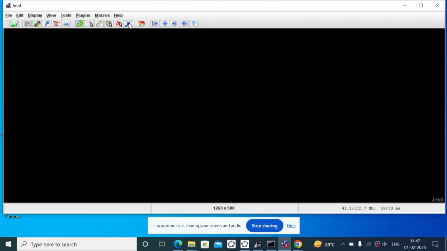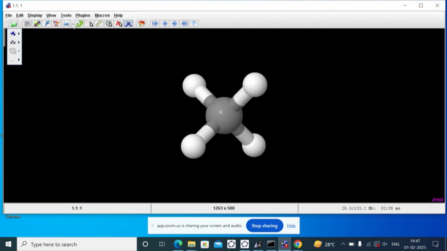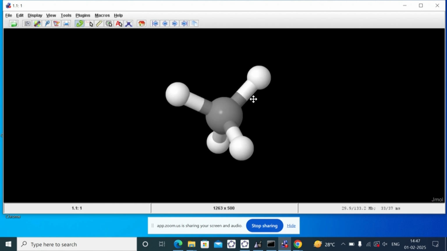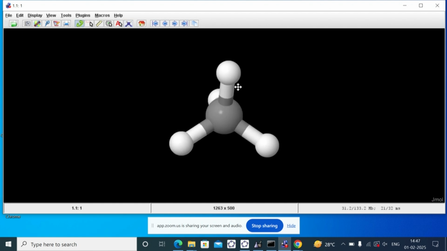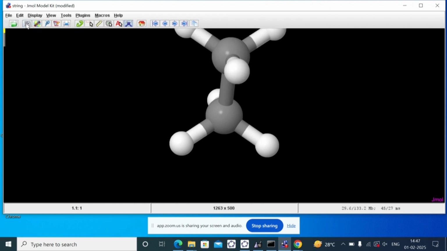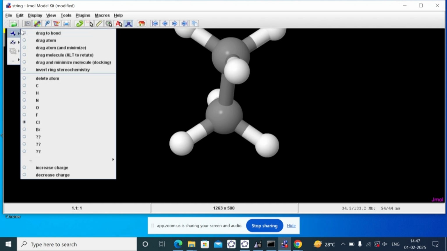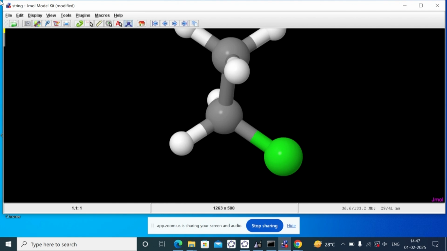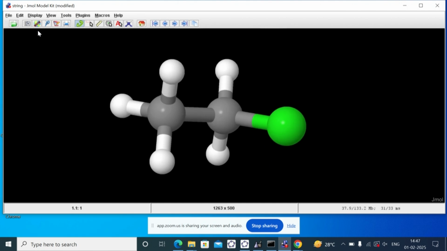And then when you click on this, you get the methane molecule, which is by default. And you can play around with this. So your chemistry teachers can use it very easily. Yeah, this is the ethane. So you can keep on adding the chloro, so a chlorine. So this is chloroethane. So just for demo, so you can do many more things with this.